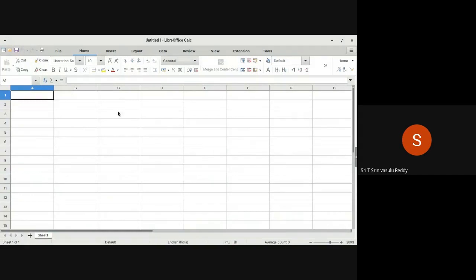Okay, so let me explain what we are actually talking about. Let us assume that there is a variable called m. Let us assume that m is an integer variable, which actually stores 4 bytes, just like what we call an internet address. An IP address is a 4-byte kind of thing.